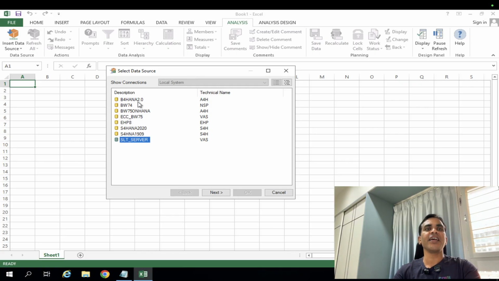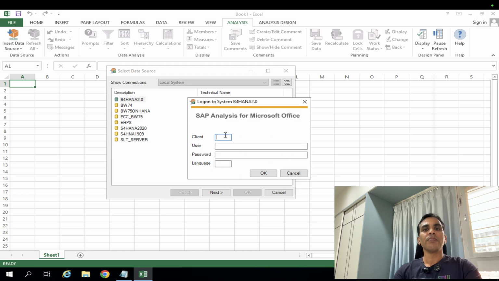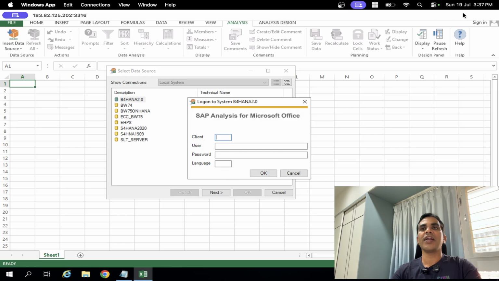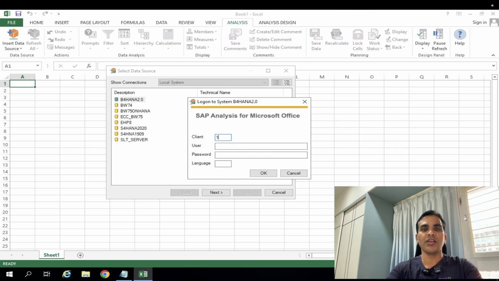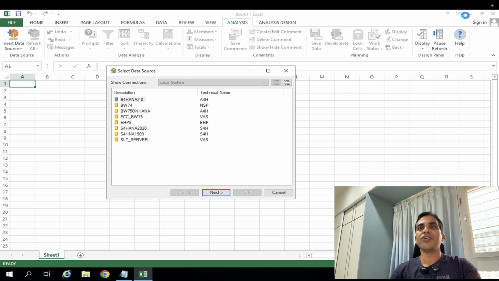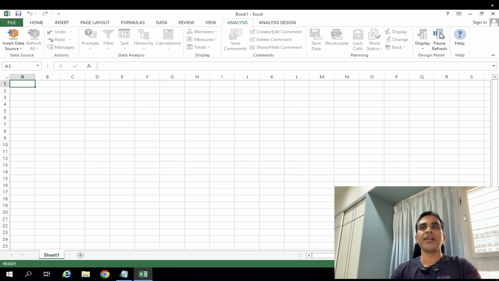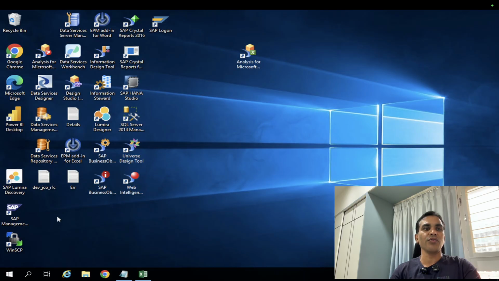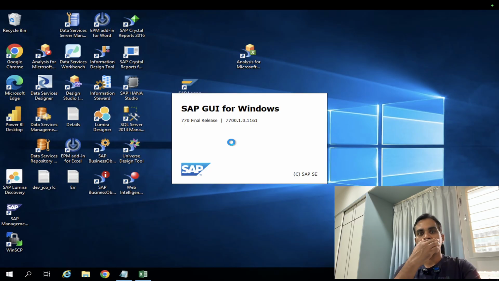If you have BW, select BW 4 HANA and click next. Before going further, you have to give the details about the BW system. So let's see, I'm going to give the BW details here. How and where can you see these details? They are over here in the GUI. If you go here and just